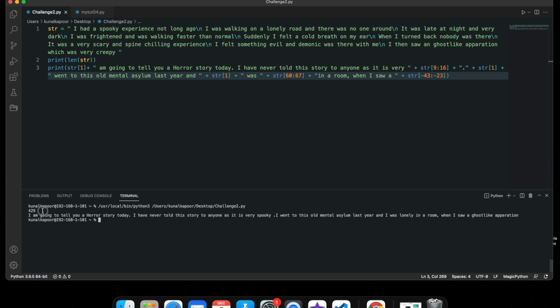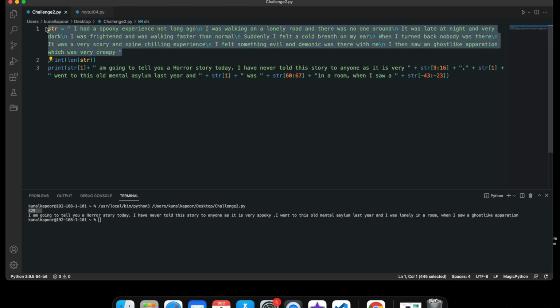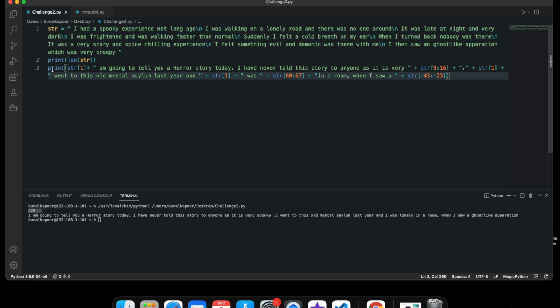So this first 429 is just the length of the string that we have created on the top. Then I'm printing this actual story which I'm writing using string slicing. And it says, I'm going to tell you a horror story today. I've never told this story to anyone as it is very spooky.